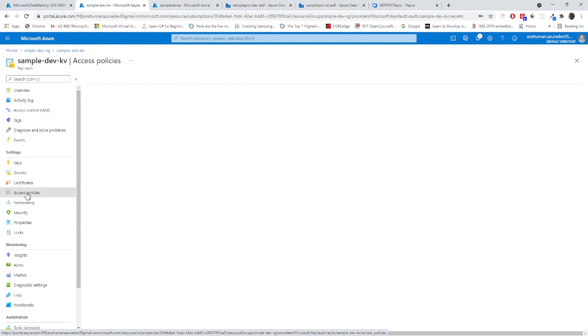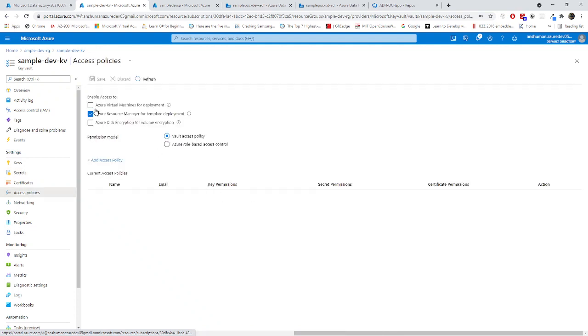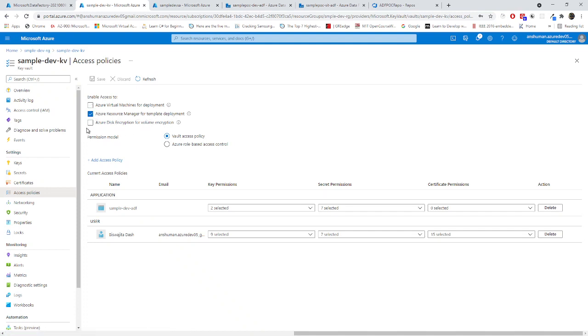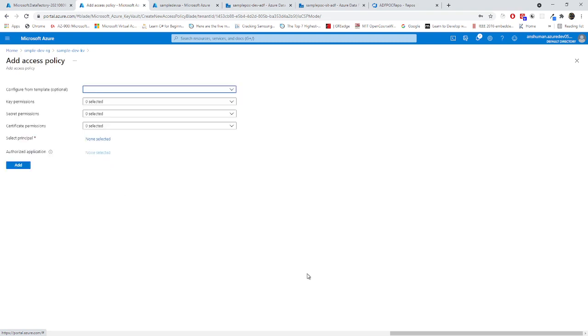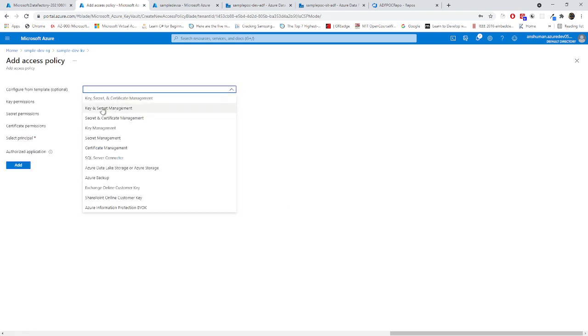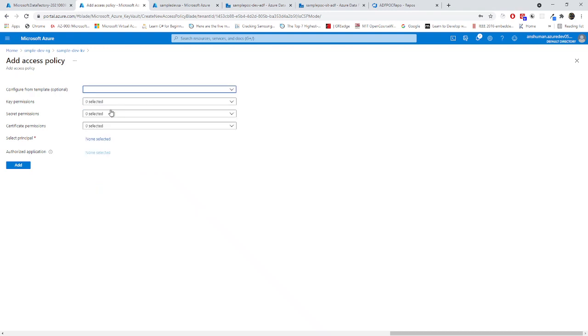So if you go to access policy, we should create one access policy for ADF. Template Azure description, that's fine. We are just adding something over here. So configuration template should be key and secret management, as we are fetching secrets.